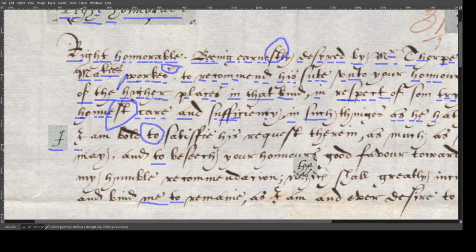Now here's this very formal I we were talking about. Am bold, and you see how this D goes all the way, really covering up the other letters here. To, that's an S, A, and this T has a loop in it, which is a little bit formal for him. I, and this looks like this double F, but the line doesn't go all the way through, because this is actually an S and then an F. So satisfy his, that's an R, E, it's a Q, looks like a modern day Q as well. U, E, and that ST we've been talking about. So request,